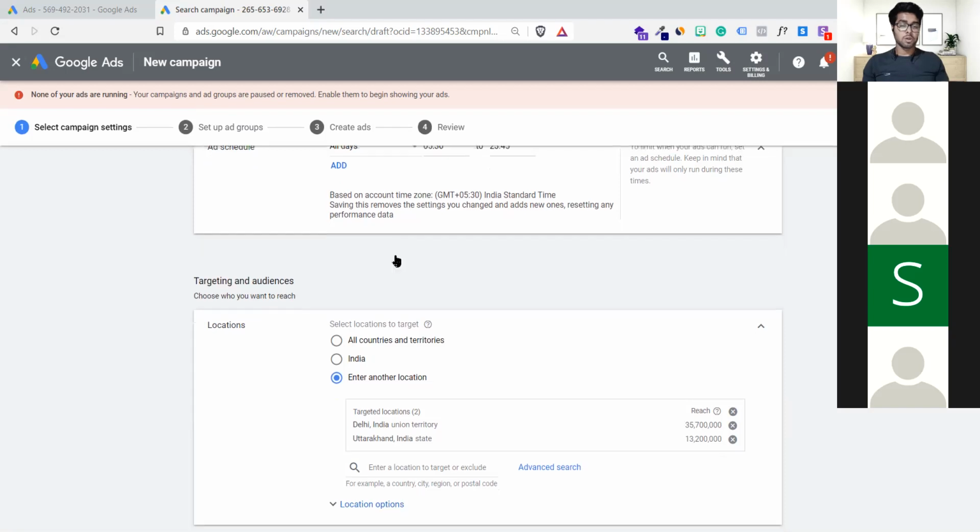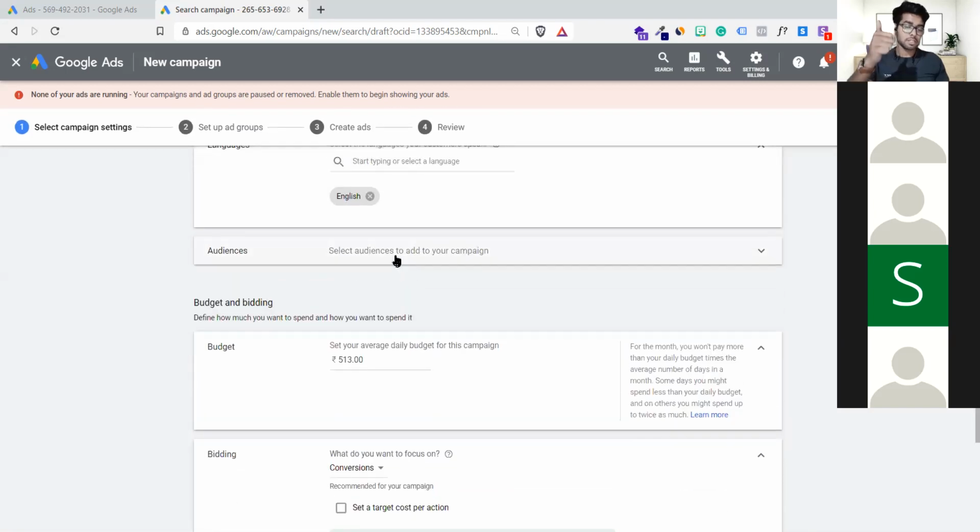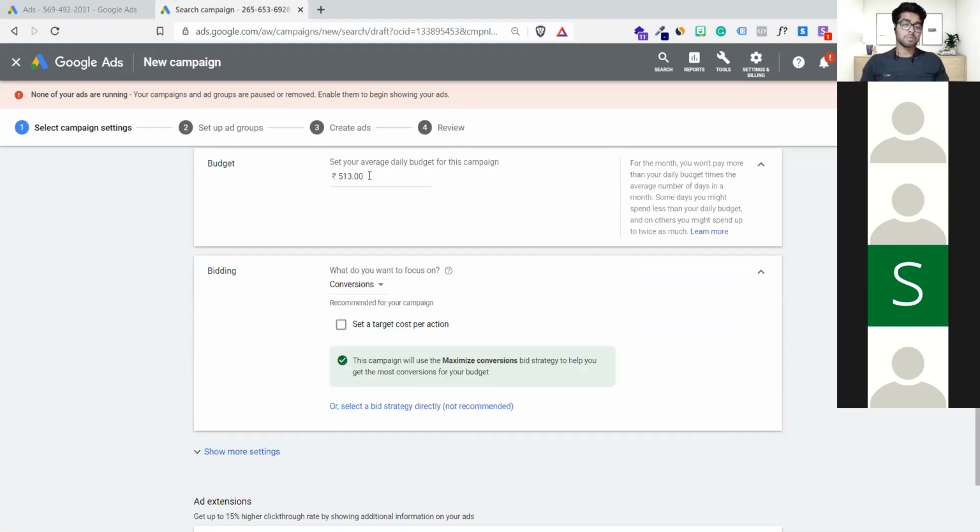So people make mistakes on daily budgets. They don't set a daily budget. Sometimes people set it like this, a 100 rupees budget. Buddy, if you spend only a 100 rupees budget, Google will never be able to understand what your brand is all about, because Google is also doing its own experiments at the back using your own money. So you have to give some space to breathe. Google also needs some space to breathe. That's why they consume more money in the very beginning. So give them space, like 500 or 1,000, whatever is your capability.